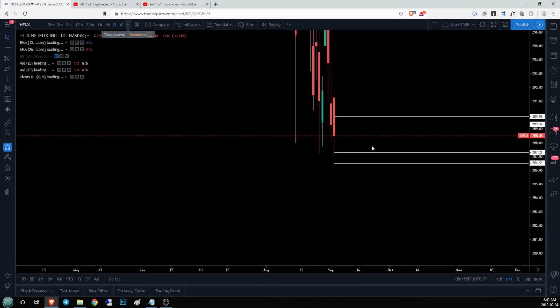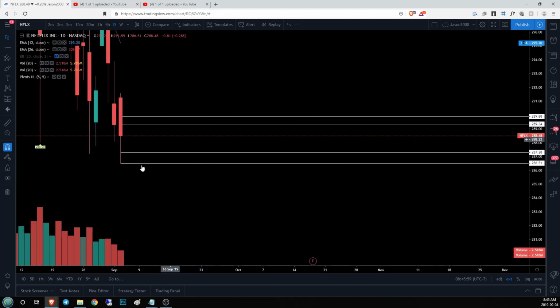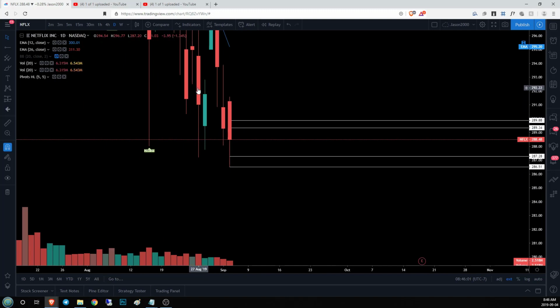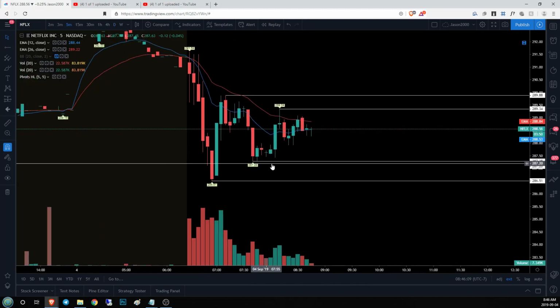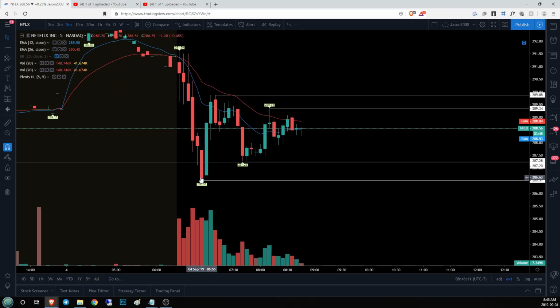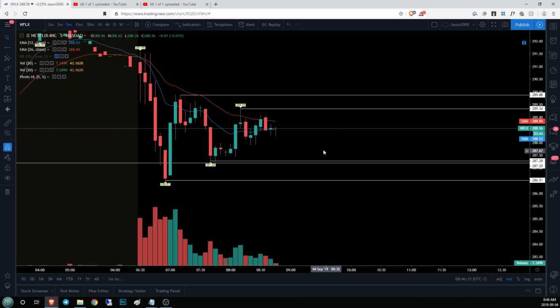Now, the daily support that I'm talking about is from over here on, what is this, August 27th. So if I go ahead and mark that in, we can go back to the 5-minute time frame and see how that sort of correlates. We got very close to that daily level. We got below it, we got back above, reconfirmed it as support, and now we're waiting to see what the bulls and bears are going to do here.